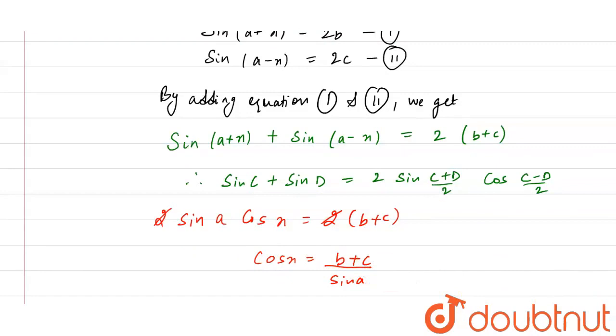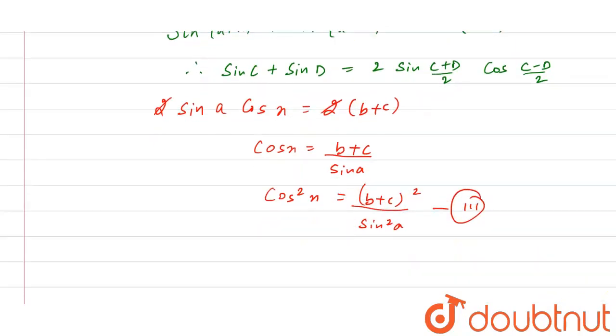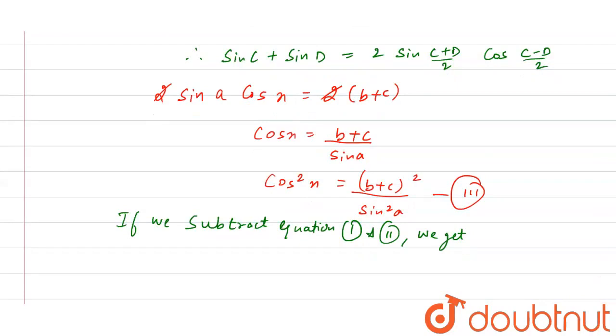Or we can say that if we square both sides, we get cos² x = (b + c)² / sin² a. Let this be the third equation. Now if we subtract equation 1 and equation 2, we get